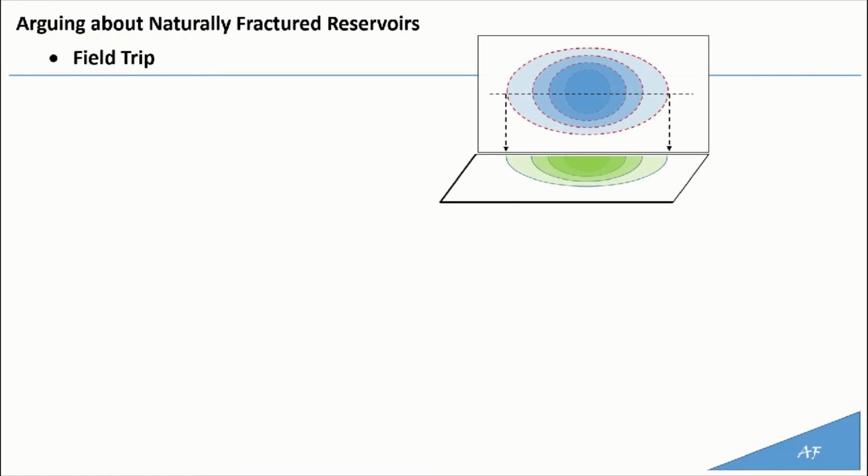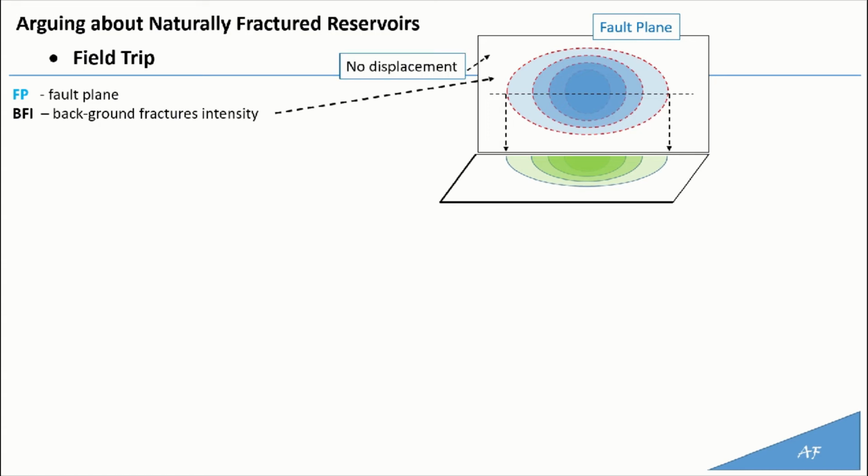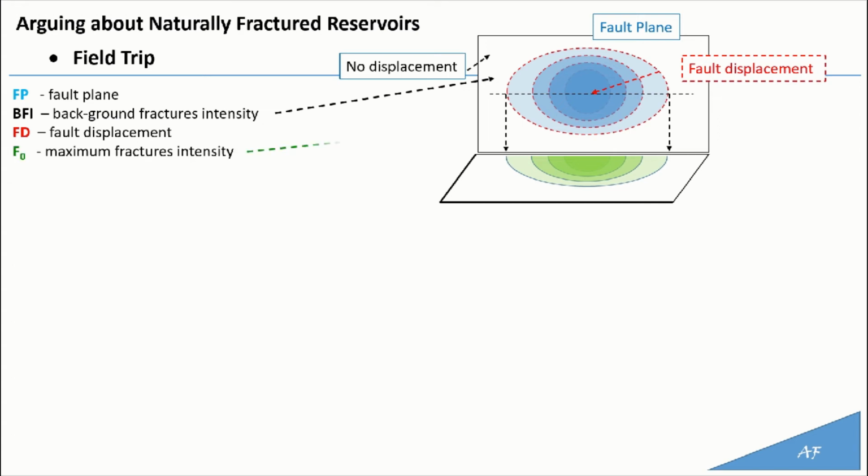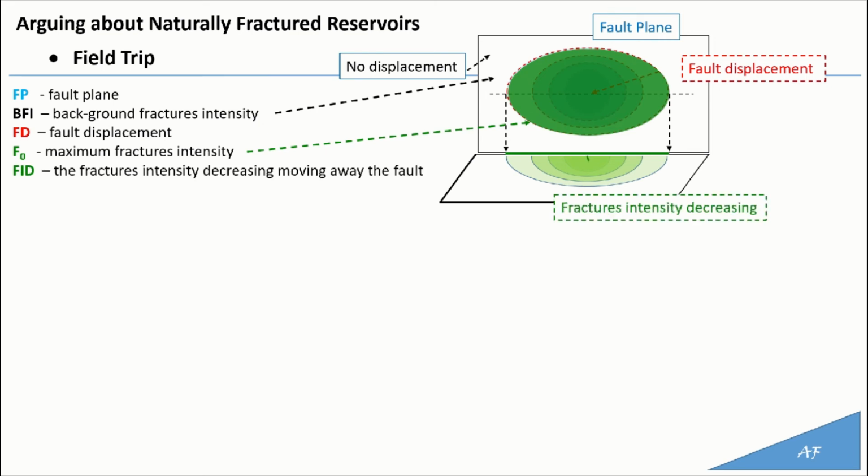So let's try to summarize these fault characteristics with this sketch. We have the fault plane growing by tip propagation, the background fracture intensity far from the fault where no displacement occurs, the fault displacement gradually increasing from zero at the tip of the fault to a maximum at about the center of the fault, the maximum fracture intensity close to the fault plane, the fracture intensity decreasing moving away from the fault plane,